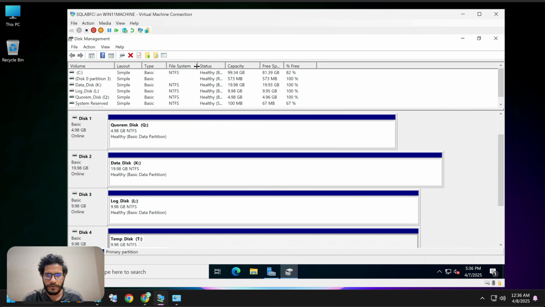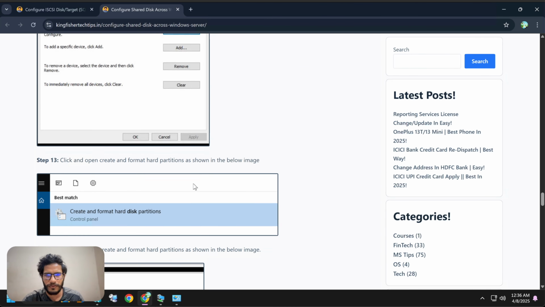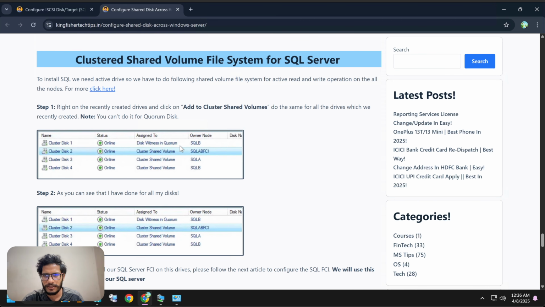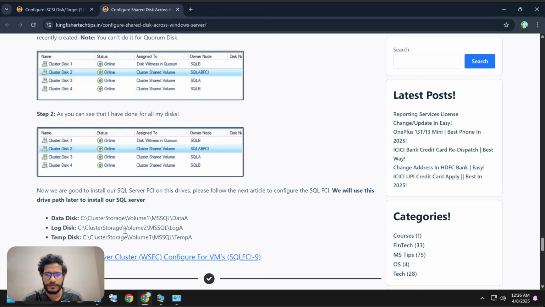The video is getting a bit long, but as I told, these are the prerequisites to configure SQL failover cluster. That is the reason these are the mandatory steps we have to do. As I told, you can visit our article. I have shown there as well how to configure and do all these things. So let me check my next disk here. We have to configure this disk in Windows failover cluster, which we are going to see